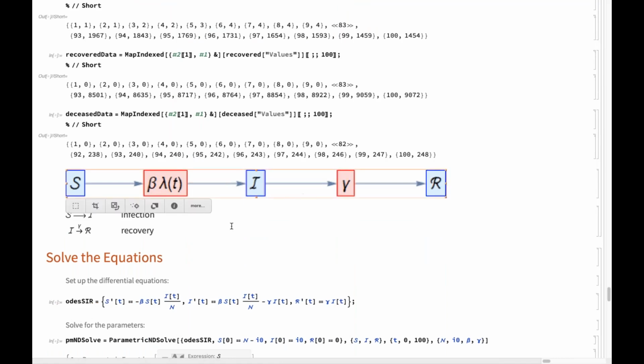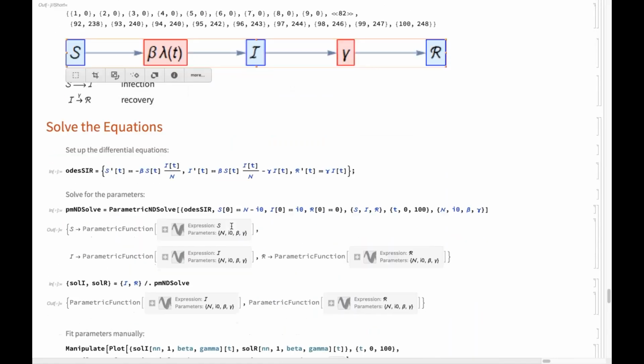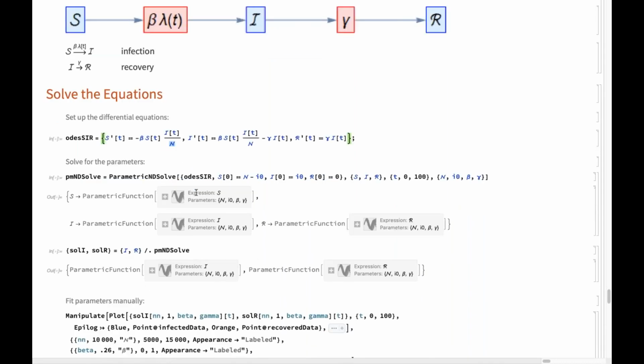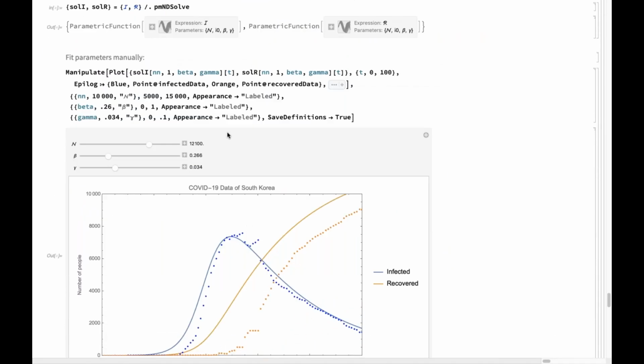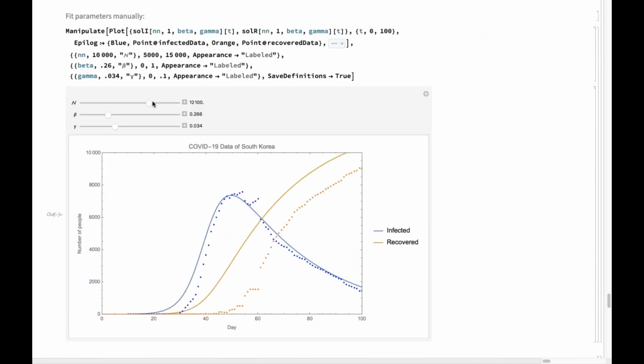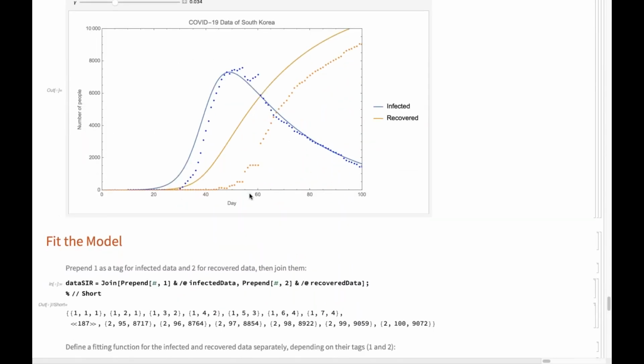So this is the SIR model, and we can try to apply it to COVID-19 data using a very similar method to what we did with the flu. So I'm going to set up my differential equations. Only difference here is I actually have an n because I'm not sure what my population number is. I can solve for the parametric functions, and I can once again use my manipulate and plot function to manipulate this manually. So I can manipulate different variables and different parameters to try to get an initial guess. Once I do,